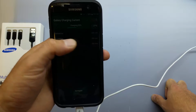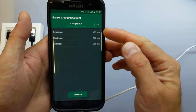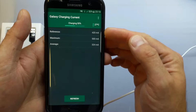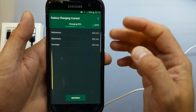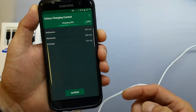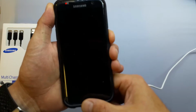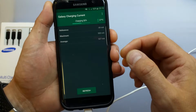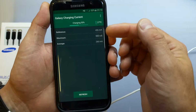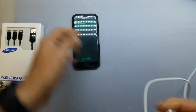So we can see it's a maximum of 500 milliamps on this cable, and the current charging current is 420 milliamps, with an average of 324. Because the phone's obviously using power at the same time as it's being charged, that will decrease. If I lock the phone and then unlock it, it normally pops up. I don't know why it went to negative there, but it refreshes every 5 seconds, and it's gone up slightly higher to 406, and that will drop down again. Anyway, that's for the cheap generic cable, so I shall unplug that